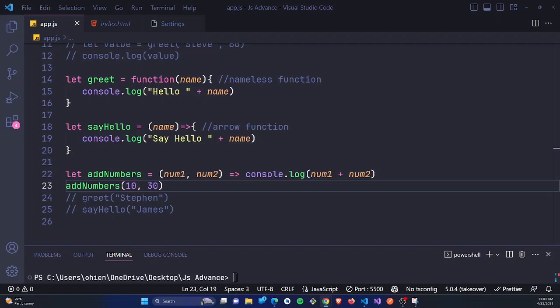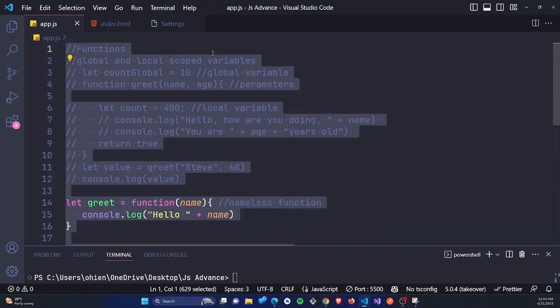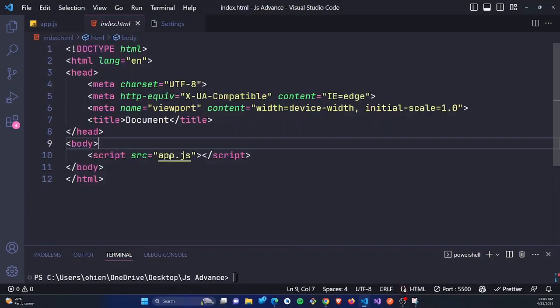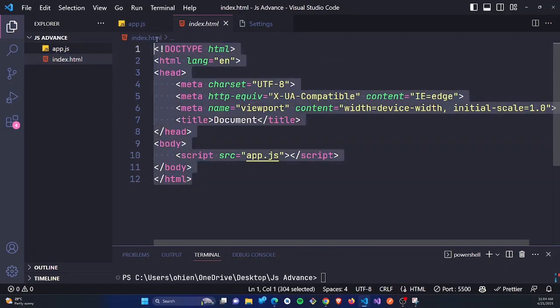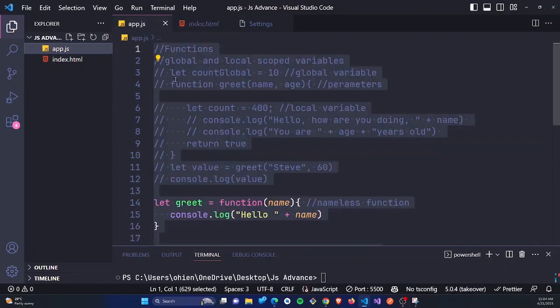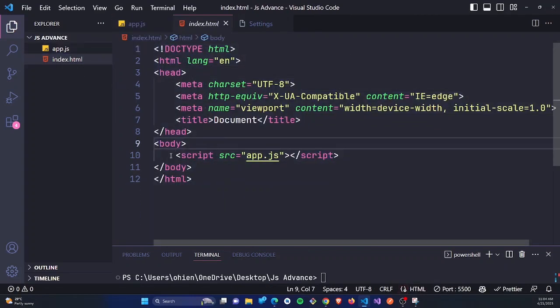Okay, please kindly do the same sample on JavaScript HTML script version. See, all the code we are writing here will work if you are using HTML. All you need to do, look at my folder structure. I have an index.html and I have my app.js. All you need to do is, in your body tag, link to your